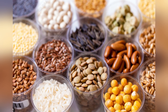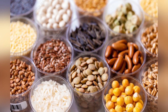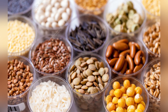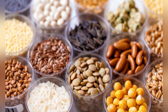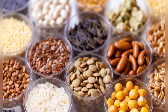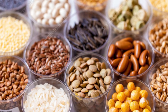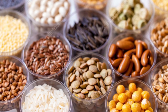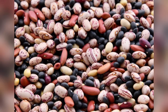Combining beans and grains in a single meal is one of the most time-tested and nutritionally intelligent practices in global food traditions. This pairing not only creates a complete source of plant-based protein, but also results in a meal that is rich in complex carbohydrates and densely packed with B vitamins, particularly thiamine (B1), niacin (B3), folate (B9), and vitamin B6. Dishes such as rice and beans, lentil soup with whole grain bread, or quinoa with chickpeas exemplify this perfect